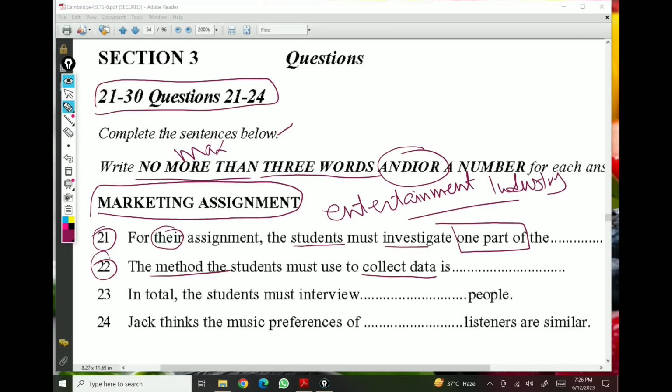And do we have to use any particular method to get our data? Can we mail out a questionnaire or do face-to-face interviews or maybe even observations? Well, actually, it looks like we don't have a choice. We have to do telephone interviews. Okay, so at least we don't have to waste time deciding between the different methods. Yeah, that's right. We don't have a choice. We have to do telephone interviews.